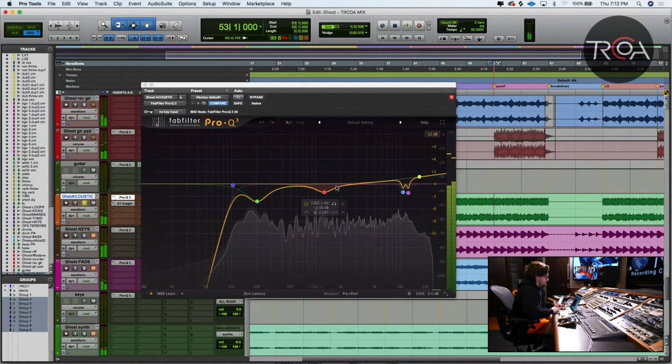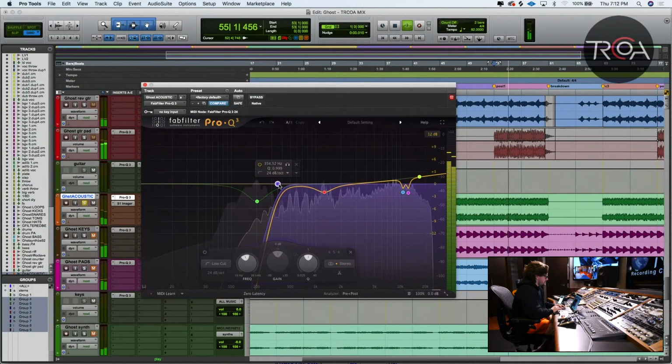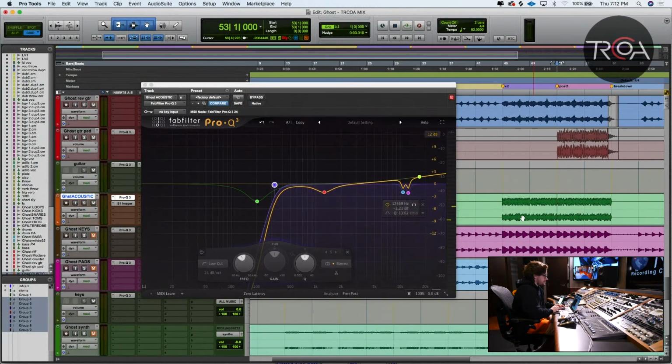Now, if you guys are making these moves soloed, you're gonna make a big mistake because you may hear this and go, oh wow, that sounds like shit. It's thin, it's whatever, right? But even with this drastic cut right here, if I put it in the track,